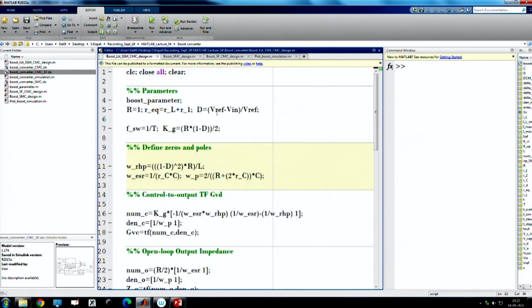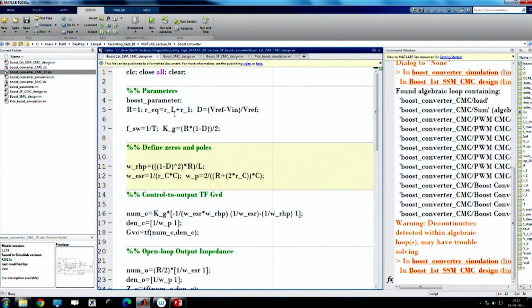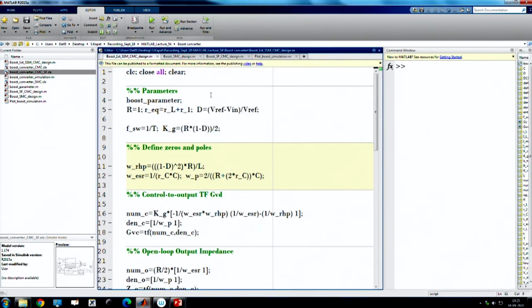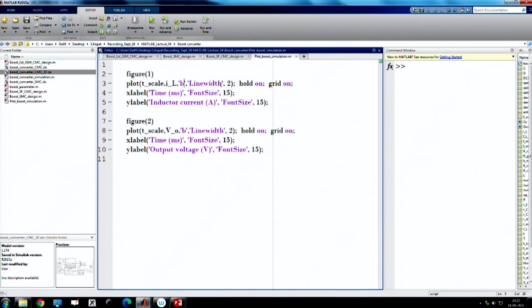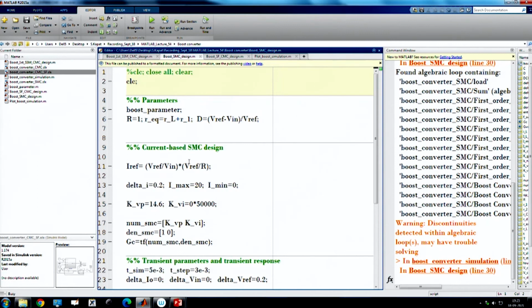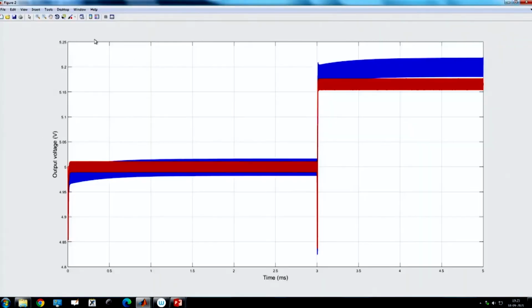So, again we have to run it, our tuning will be blue color, because we have removed the overlap, we have cleared the waveform, closed all the waveforms. So, for sliding mode control we want to use red trace, and now we want to compare the two responses,